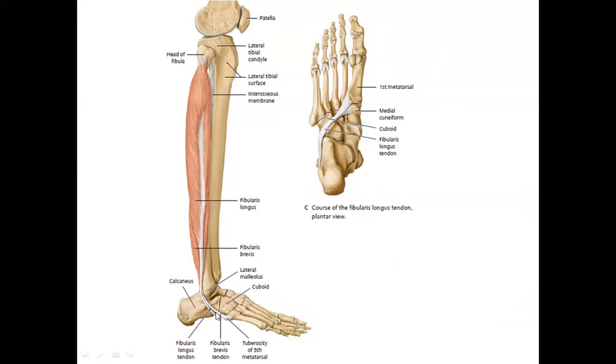Then inferiorly, when it reaches the inferior retinaculum, it passes below the peroneal trochlea. Then here, you can see this peroneal trochlea, it came inferior to it. Then it reaches the cuboid bone. On the lower surface of the cuboid bone, we have a tunnel. It passes through this tunnel of the cuboid bone. It changes its direction. Now it goes obliquely from the lateral to the medial side. It crosses obliquely and gets attached to the infero-lateral side of the first metatarsal and the infero-lateral